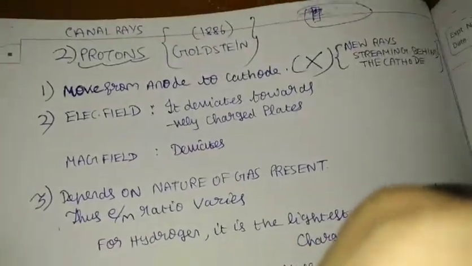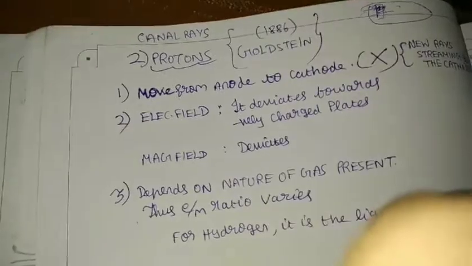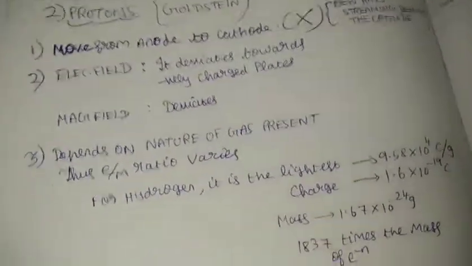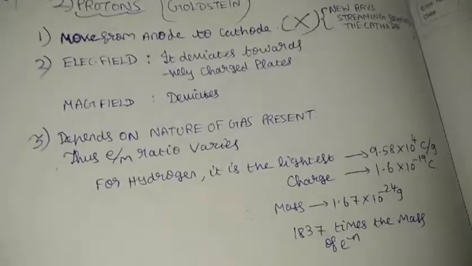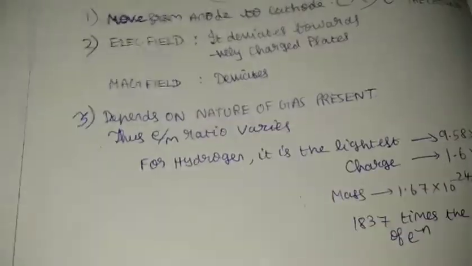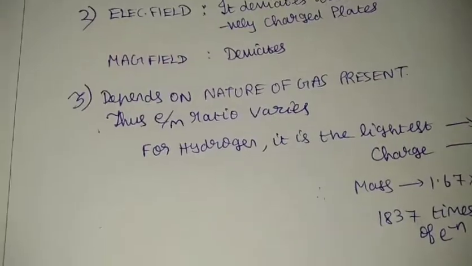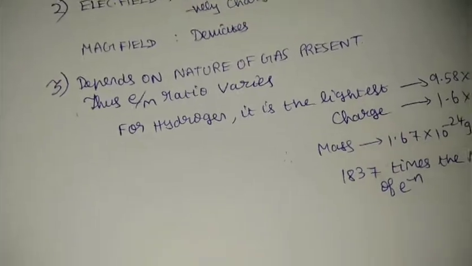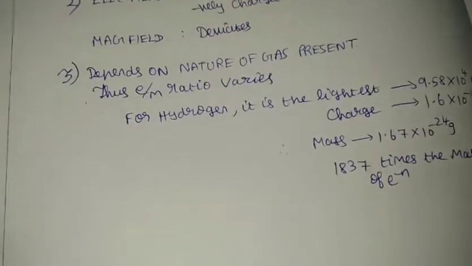How did he find that it's positive charge? Because it deviated towards the negatively charged plates. It's obvious when we keep a battery kind of thing, it deviates towards negatively charged plates, whereas electrons deviate towards the positive plate. And in a magnetic field, a charged particle always deviates. This you will study in class 12th. I've said a little about this in the first lecture, so if you have any doubt, go and check it out there. A charged particle, if it enters a magnetic field, deviates. So that's what happened here also, according to the rule of magnetism. Thus he confirmed that it had a positive charge.